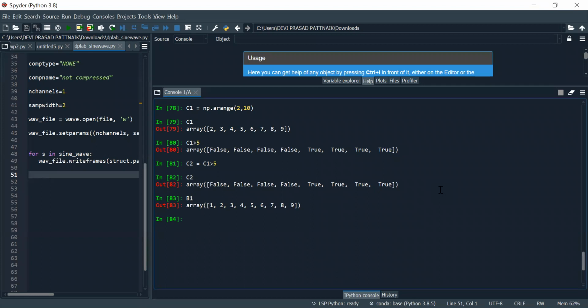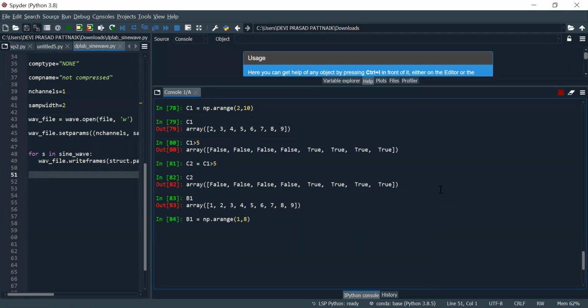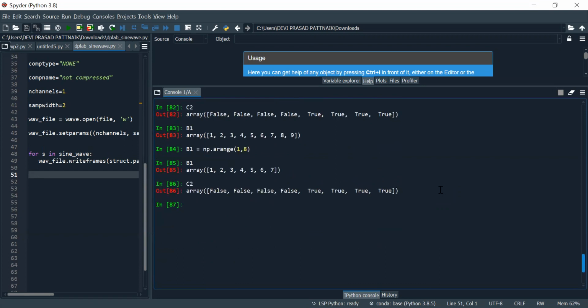Let's try B1 equal to np.array with 8 elements I have taken. B1 to be this, C2 to be this, this is what we want.